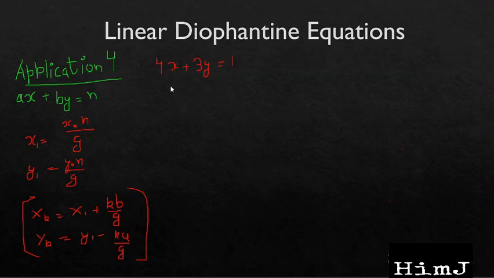And we can see with simple logic, if x and y are positive, this value will always be greater than 1. So for this to be equal to 1, one of them should be negative. For example, if we take x as 1 and y as minus 1, then this equation is satisfied: 4 minus 3 equals 1. So we can check this with simple logic, but let's see how we can use the concepts which we have discussed till now.